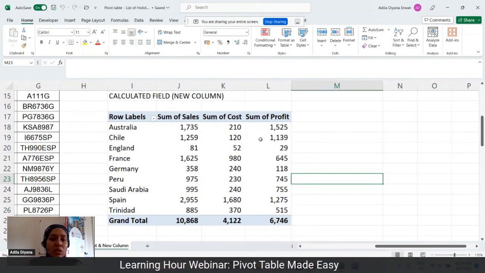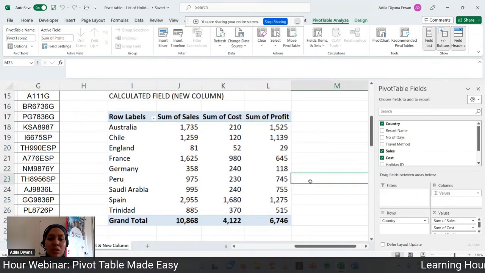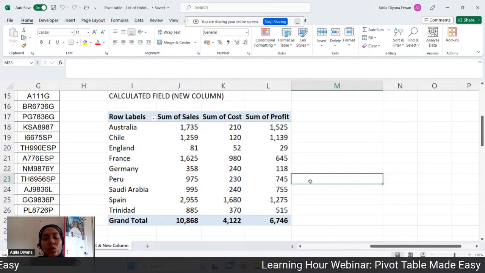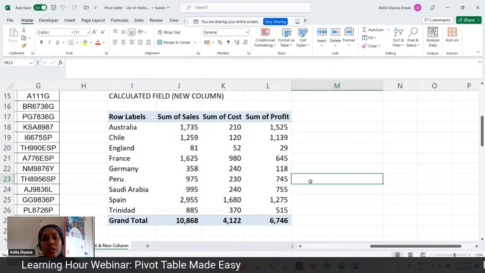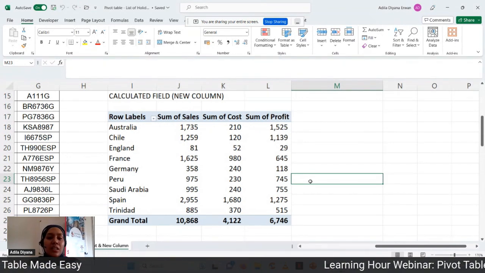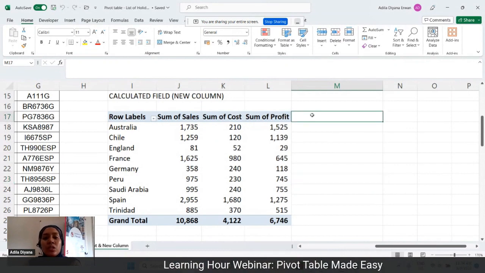And it has helped me to calculate automatically. I don't need to insert the column, I don't need to do it row by row. So this is how it looks like, and this is what we call calculated field. So you can create any new column inside your pivot table using existing data that you have. Let's say for example in column M, I want to see the percentage of profit over